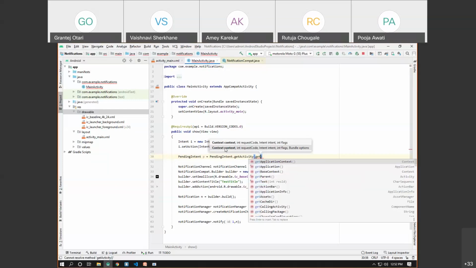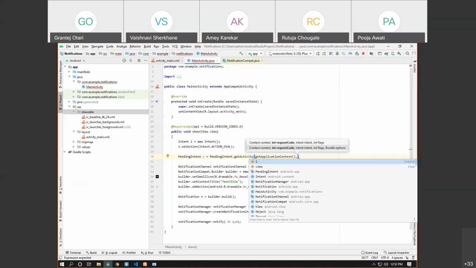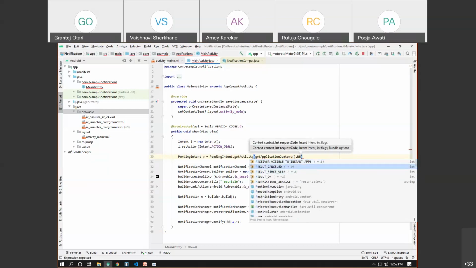So I can say getApplicationContext, comma, the request code. Now the thing is, the request code we don't know what we have to use. Then you can see there are some constants provided by the Android application itself. So the request code means whatever the activity we are going to call, how this particular activity gets called.